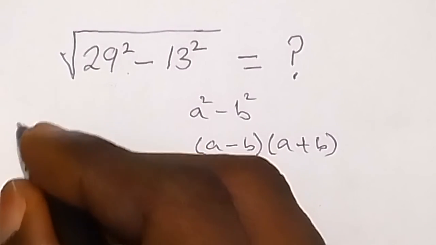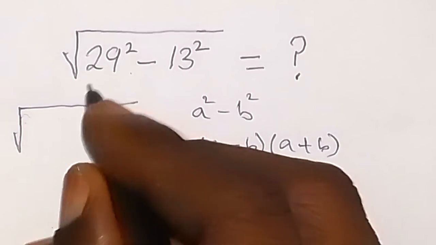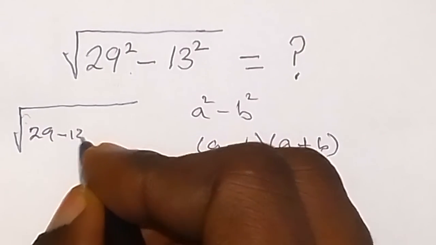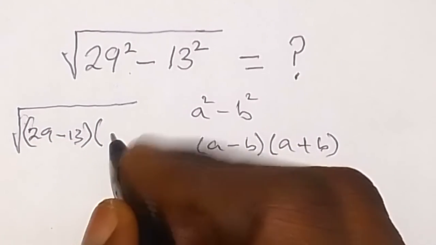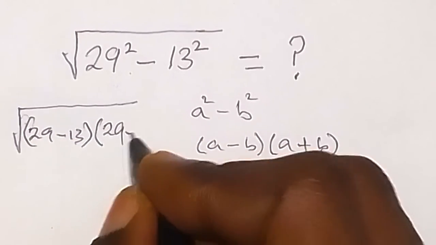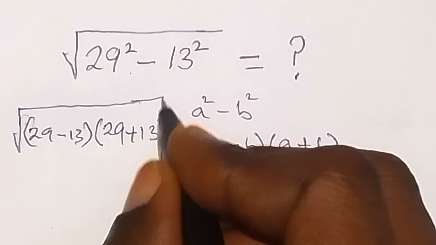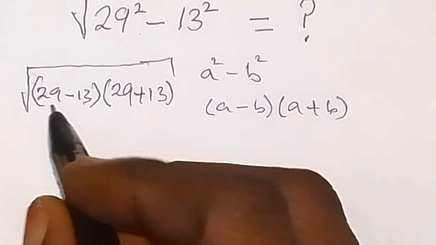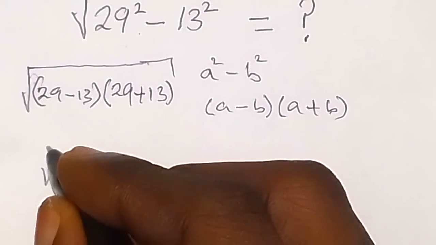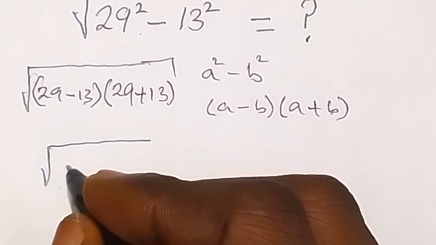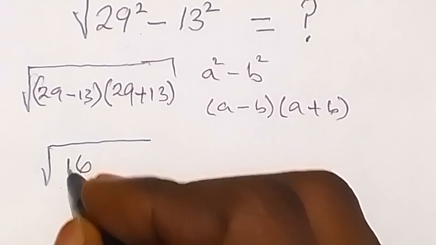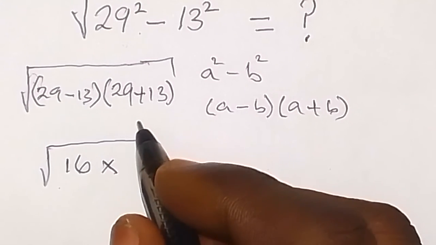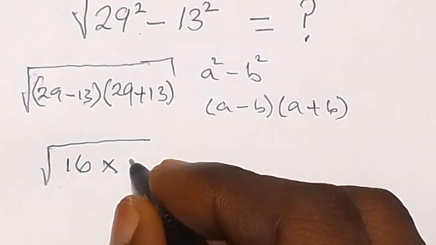So now when we express this in that form, we can say this inside the root will be the square root of 29 minus 13, then times 29 plus 13. So we have applied that, which is the difference of two squares, and from there we can see that here we are going to have the square root of 29 minus 13, that's 16, the square root of 16, then times, when two brackets are close to each other, that's times, then 29 plus 13, that's 42,